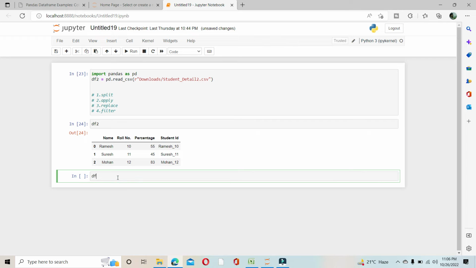Like df2, suppose we want to create a new column, and in that column we want df2 student ID dot string dot split by underscore,